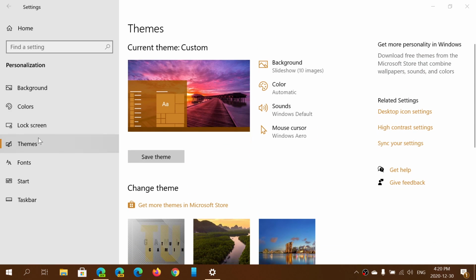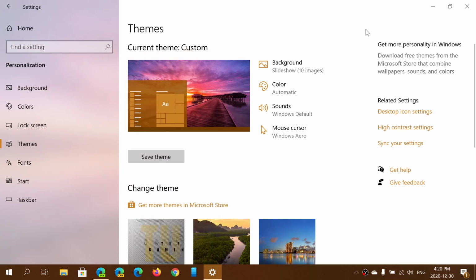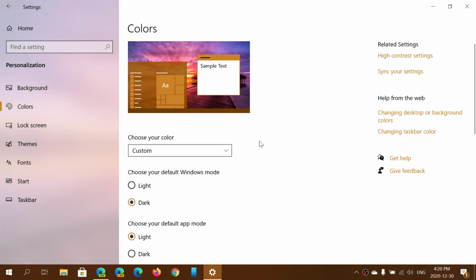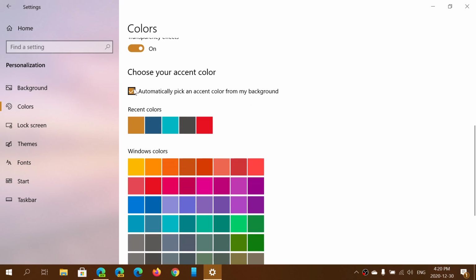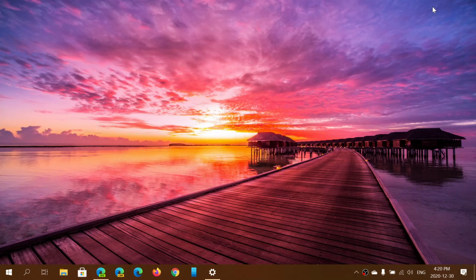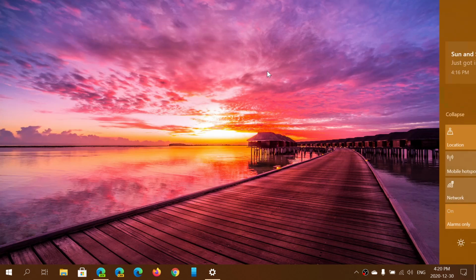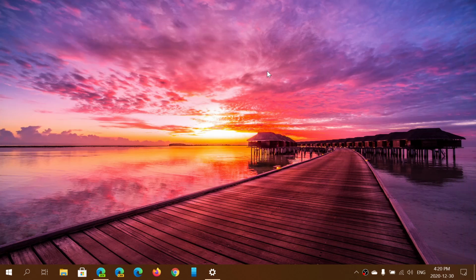And if you want to have, of course, the accent colors changing to the background picture that you have, make sure also that in the colors you go and put the automatically pick an accent color from my background, so that they actually follow the different colors of the theme in the background. So this is always very, very cool and nice to add at the same time. So free and set of pictures that will keep you warm